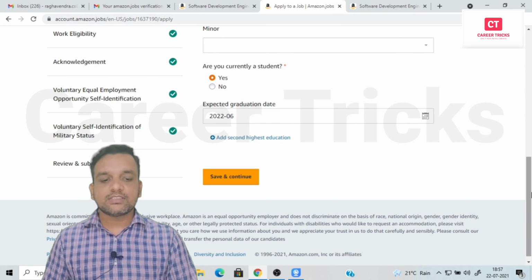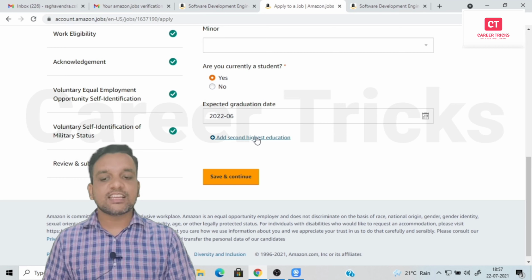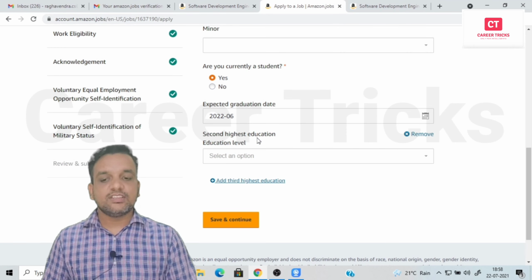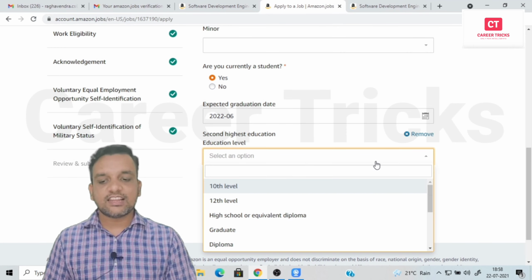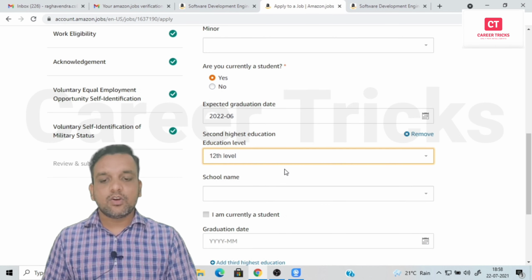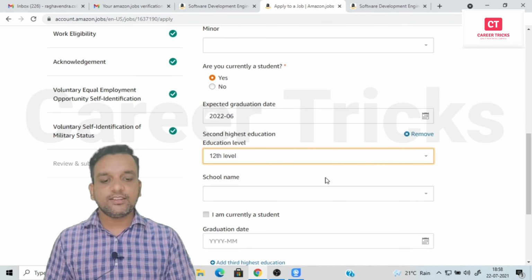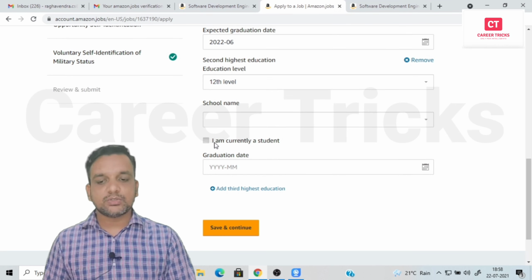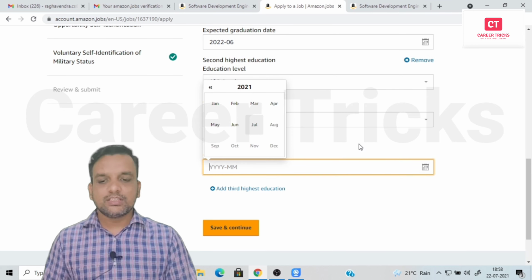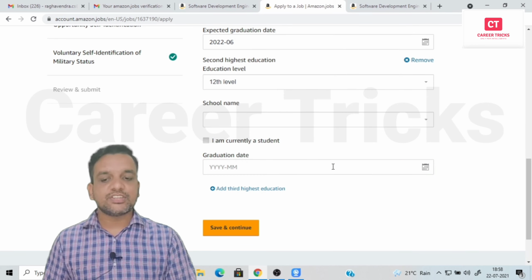Then after that, here add the second higher education. Here you click on second higher education and select the 12th or diploma or any other, whatever your second higher education is, that you update. For currently a student, don't click on that. You directly say when you passed out or graduated.